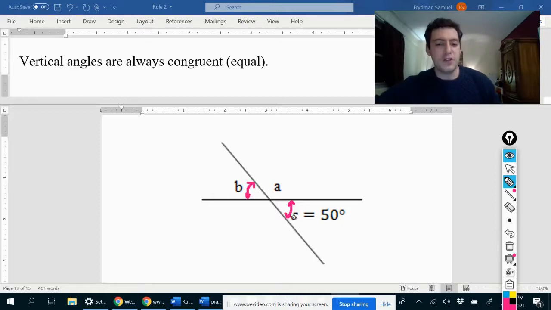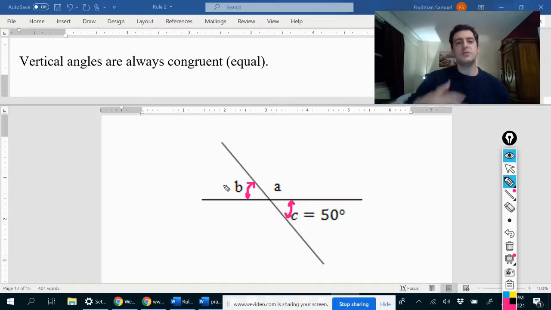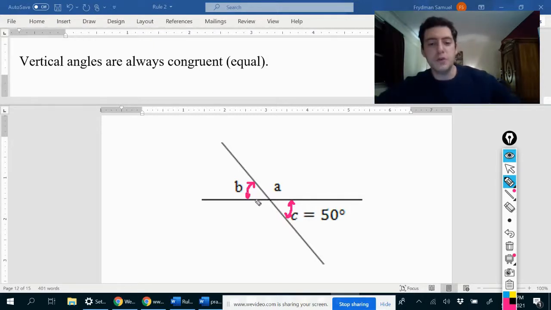And therefore, if angle C is 50 degrees, then angle B would also be 50 degrees. Okay, so I'm telling you that, but I didn't tell you why. How can we prove that if these two angles are vertical from each other, then they must be the same? Well, we can prove it in this way, that if angle C is 50 degrees,